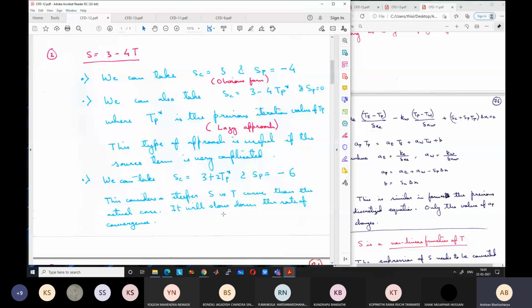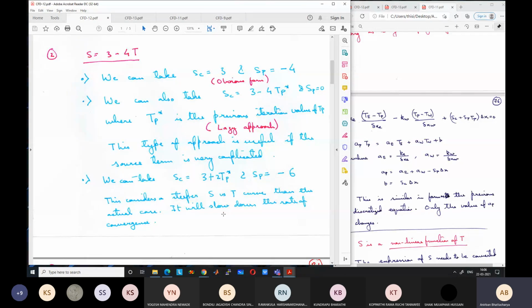Okay, and it may go towards the opposite direction. Say if the correct value is 100 and our previous iteration value is 110, it may become 70 in the next iteration. It may go in the opposite direction to a large degree. So there may be a chance of divergence if the convergence is too fast. If we can slow down the convergence by some method, then the chances of convergence will increase.